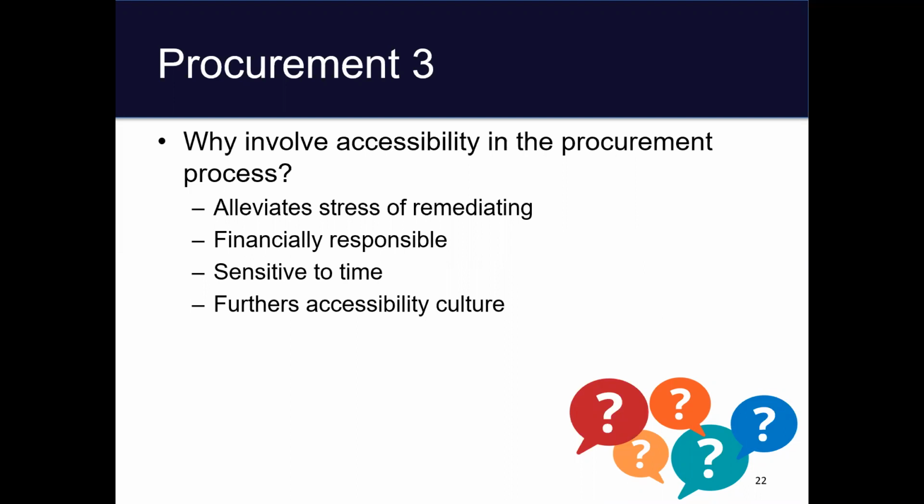detrimental to end users. For example, a vendor might not make changes quickly enough to actually help a student, or it might not remediate changes without additional cost. Proactivity also furthers the campus culture of accessibility, where ICT accessibility is not an afterthought, but is built in from the beginning of UConn's relationship with a solution or a vendor.